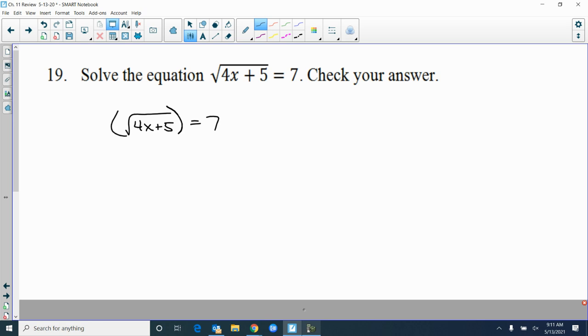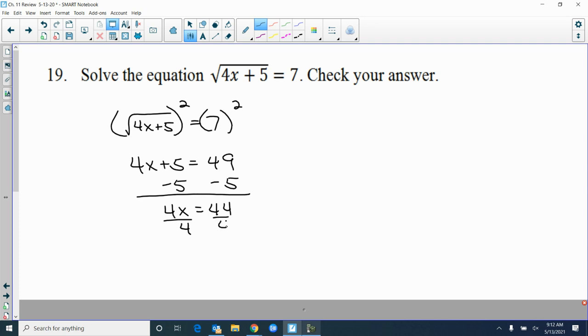So this is how we get rid of the radical. You square both sides. When you do that, it gets rid of the radical and leaves you 4x plus 5, but then 7 squared is 49. Now you can move the 5. You cannot do it till then. And then you minus 5, minus 5, so it would be 4x